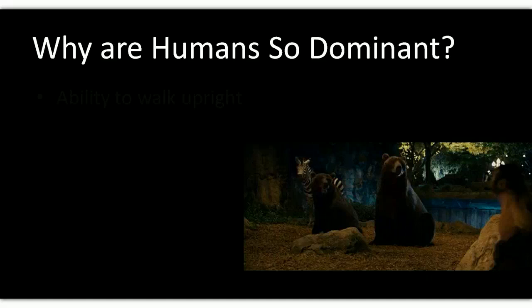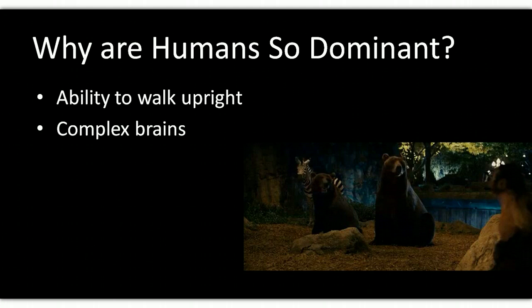Well, there's a couple things that really help us. We have this ability to walk upright, which does a few things. It, of course, allows us to grab things that are overhead. It allows us to have the ability to use our hands. We don't use them for walking, so that's something that really helped us out. Something else is we have these very complex brains, much higher than all other organisms. That's, of course, what we think. But it certainly seems to have been to our advantage. And the last thing, as you can probably observe in this video,